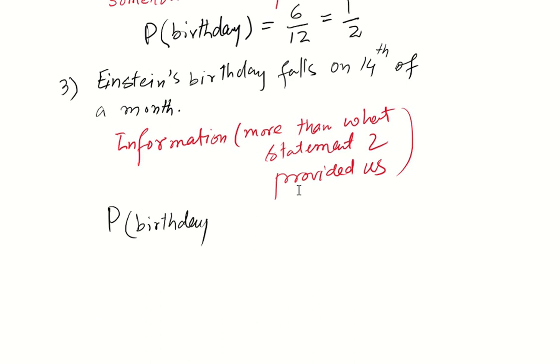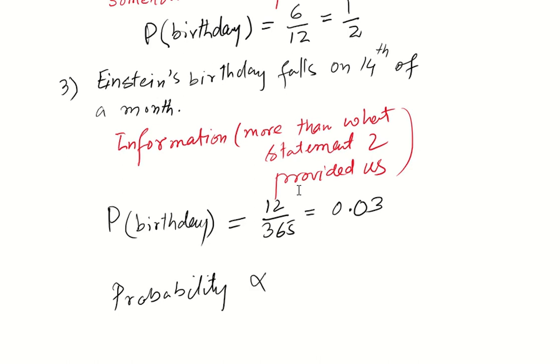So there are 12 days of 14th, so 12 over 365, and we have now 0.03. So we see that with each newer statement with better information content, our probability is continuously decreasing. So that is the relationship between probability and information from this simple example. So probability, we can give a statement, is inversely proportional to the information that we have,